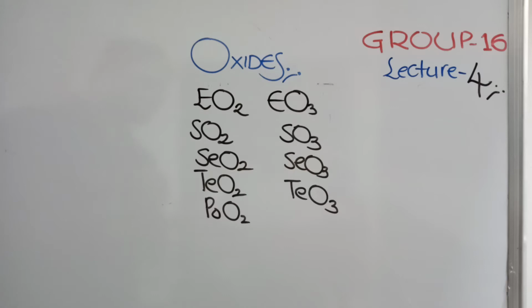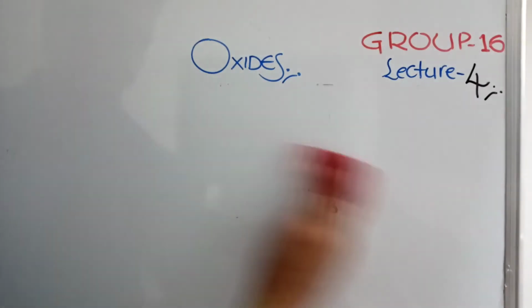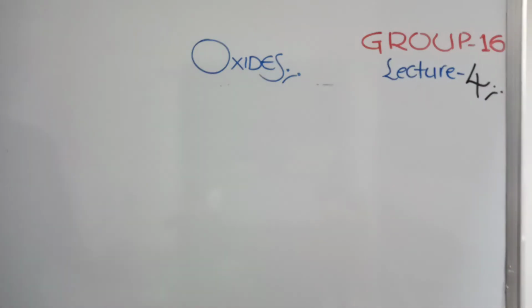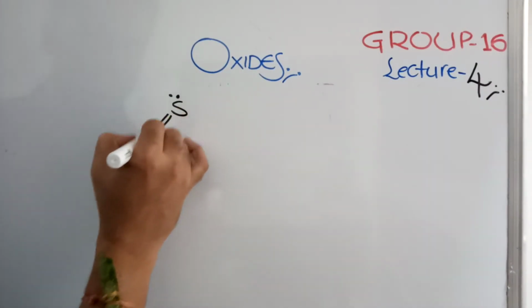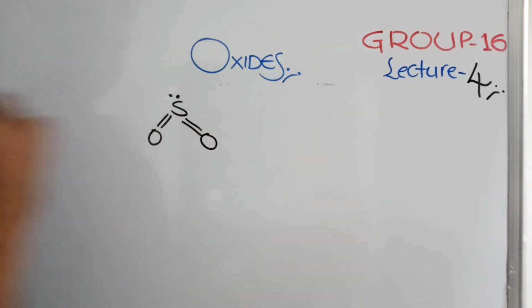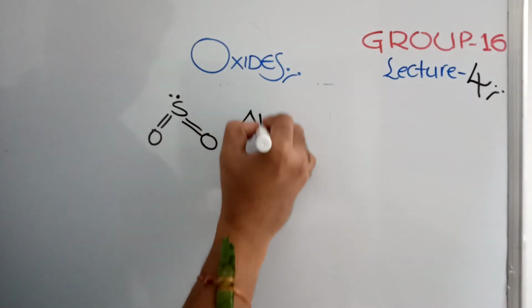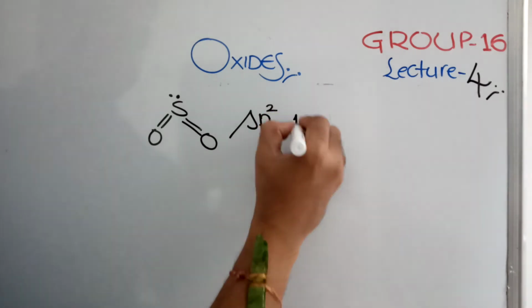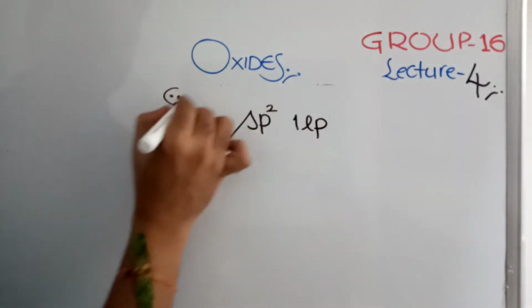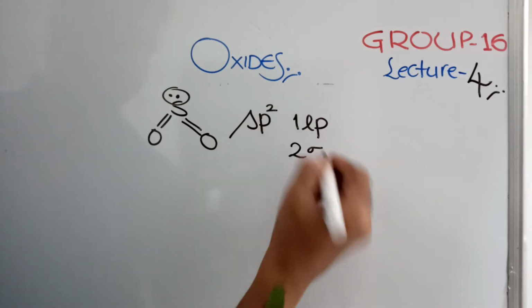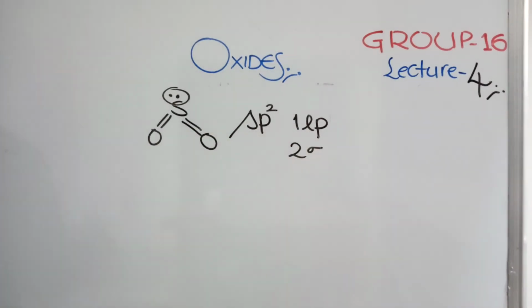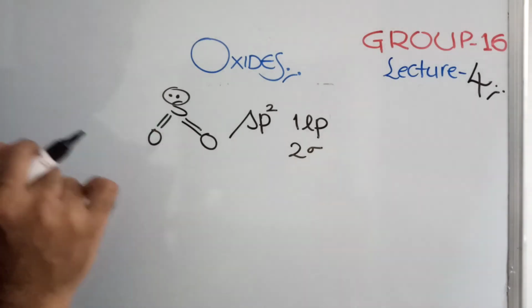So in these, what are the special lines? What questions can you expect? The first line is about their structures. SO2, for example, has a structure like this. Here the hybridization is sp2. There is a lone pair of electrons. You can see this is the lone pair. 2 sigma bonds are there, expected because of sp2 hybridization. One is with the lone pair of electrons. The remaining 2 pi bonds are interesting.